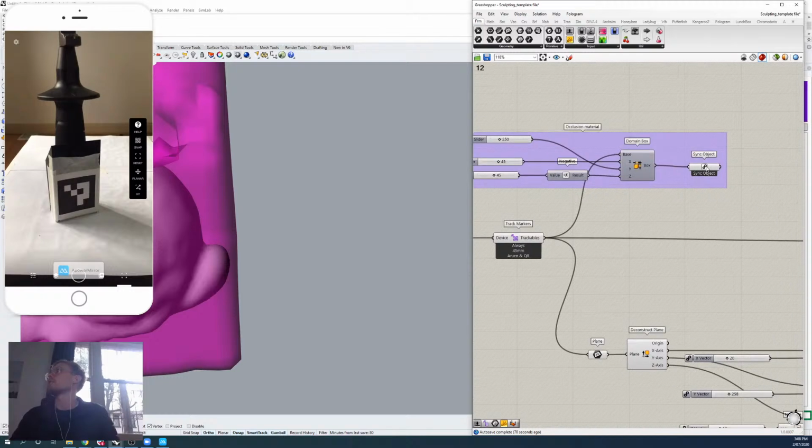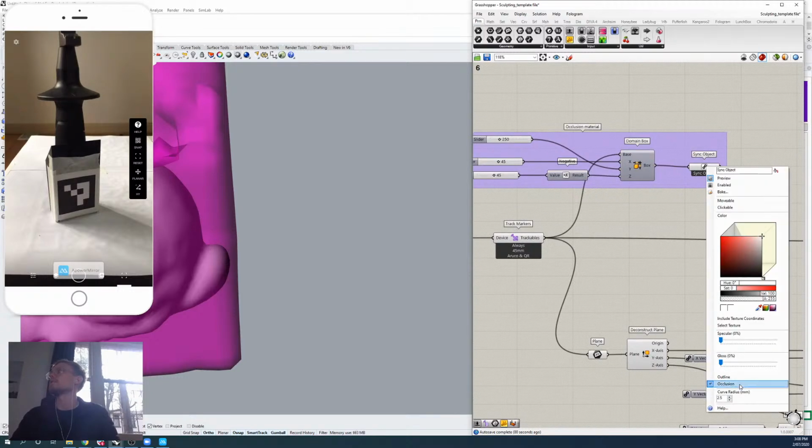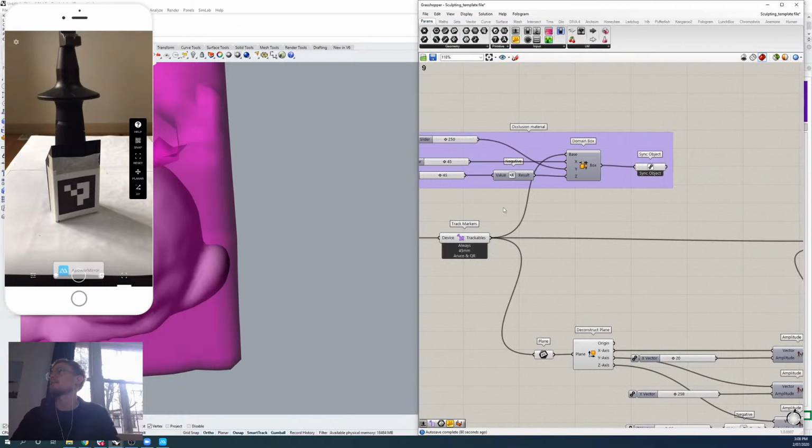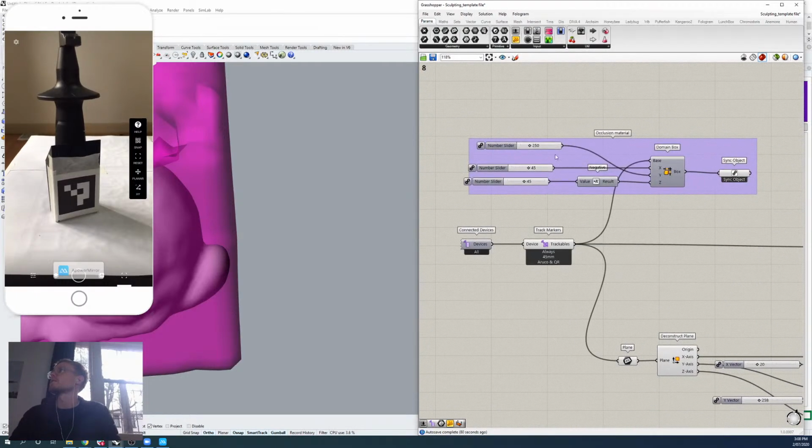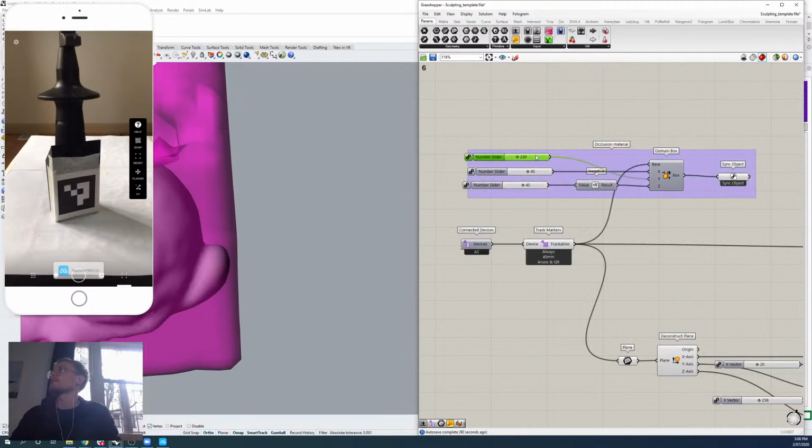So that, once again, if you right-clicked on the sync object component, you could go and occlude the object itself if you wanted to test that out. Cool. So one kind of issue with this process right now is that we don't really have a lot of